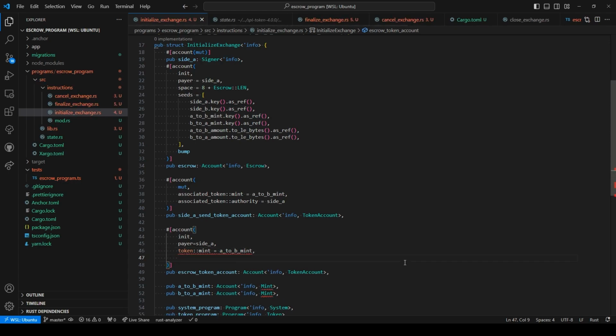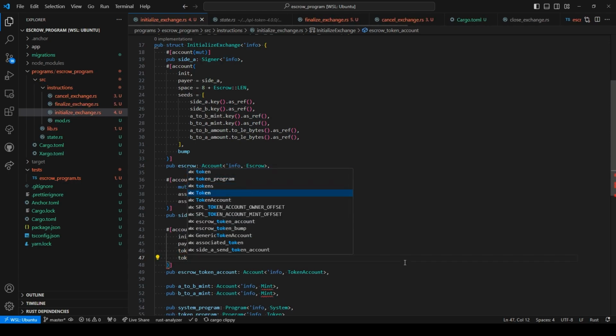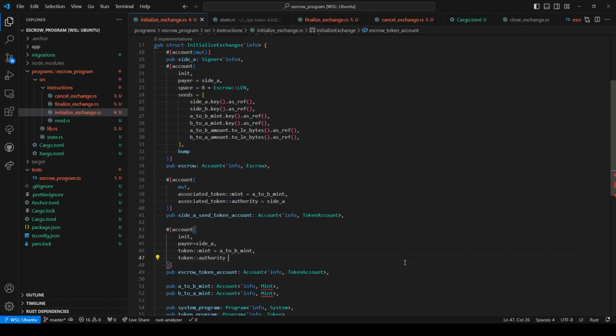Then we also need to specify the authority of this mint. Here are the three options for the authority. First option is let's set the authority as Alice, then let's set the authority as Bob, and lastly, let's set the authority as escrow. And we cannot set the authority as Alice, because that would mean if we want to finalize exchange, in